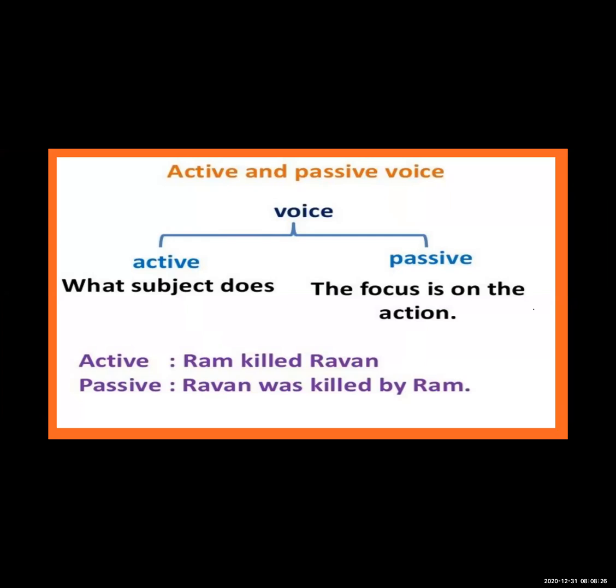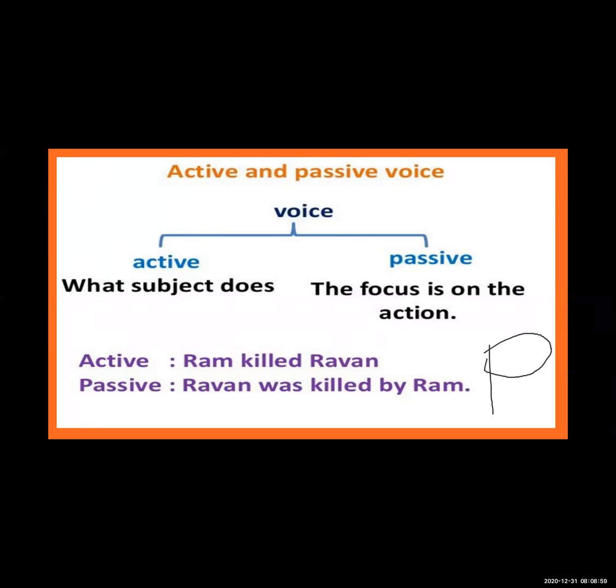Now just to keep one thing, how to remember all these things, I am telling it again and again. Yesterday we saw it in detail. Now I am telling you the tricks to remember it. So everyone, you need to pay attention. Voices means what? There are two types of voices: active voice and passive voice. When can we identify a particular sentence as active or not? Just look at the subject.